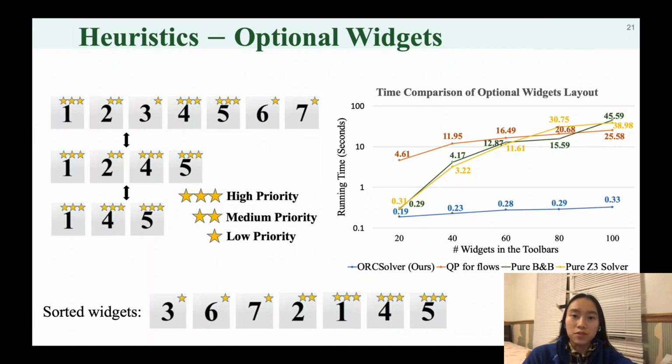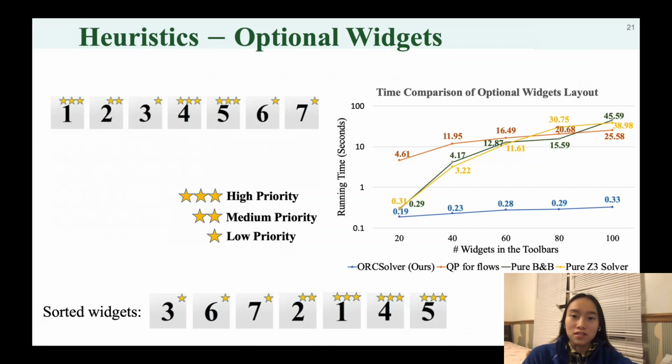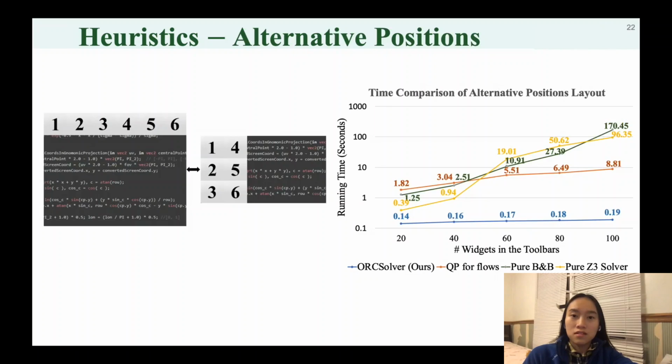If there is more available space for the remaining rows, check if we have removed optional widgets which can be added back in. OrgSolver keeps adding back optional widgets with the highest priority, as long as it does not increase the loss. Alternative positions can be defined for widgets or sublayouts. For example, a top toolbar can be moved to the left or vice versa when the screen size changes. The preferred alternative is given a higher weight. The final position is determined by branch and bound, minimizing the objective function.